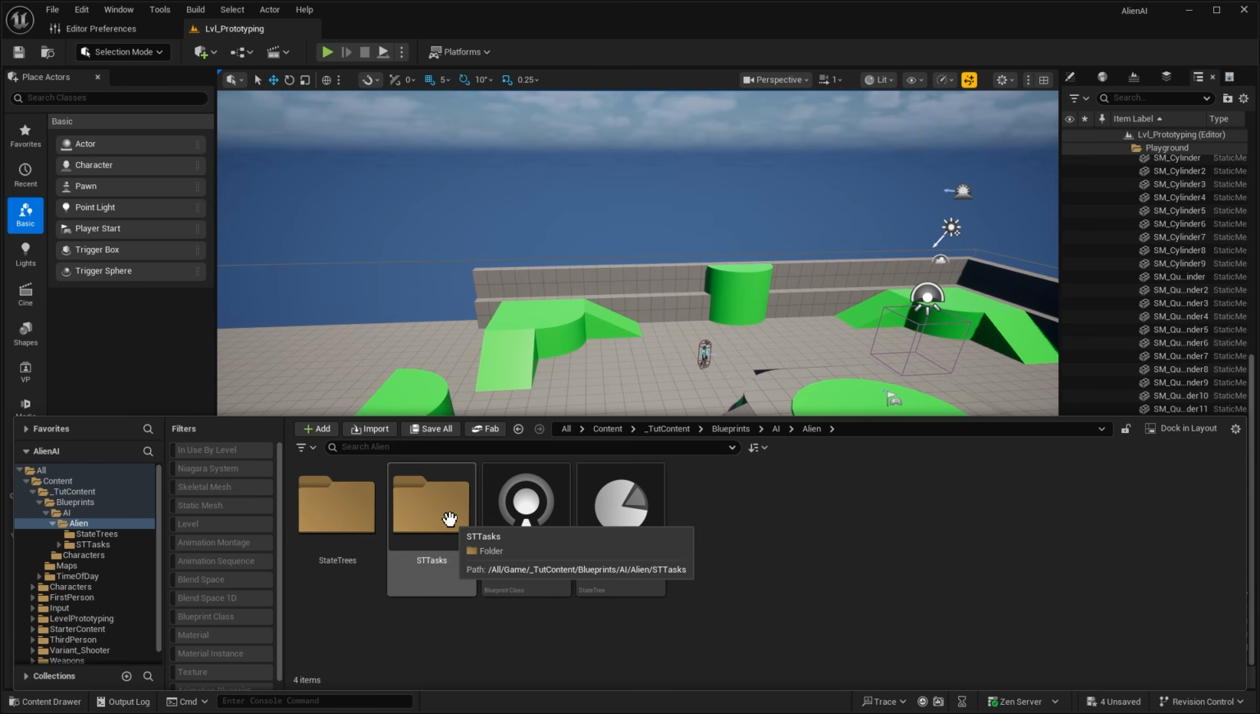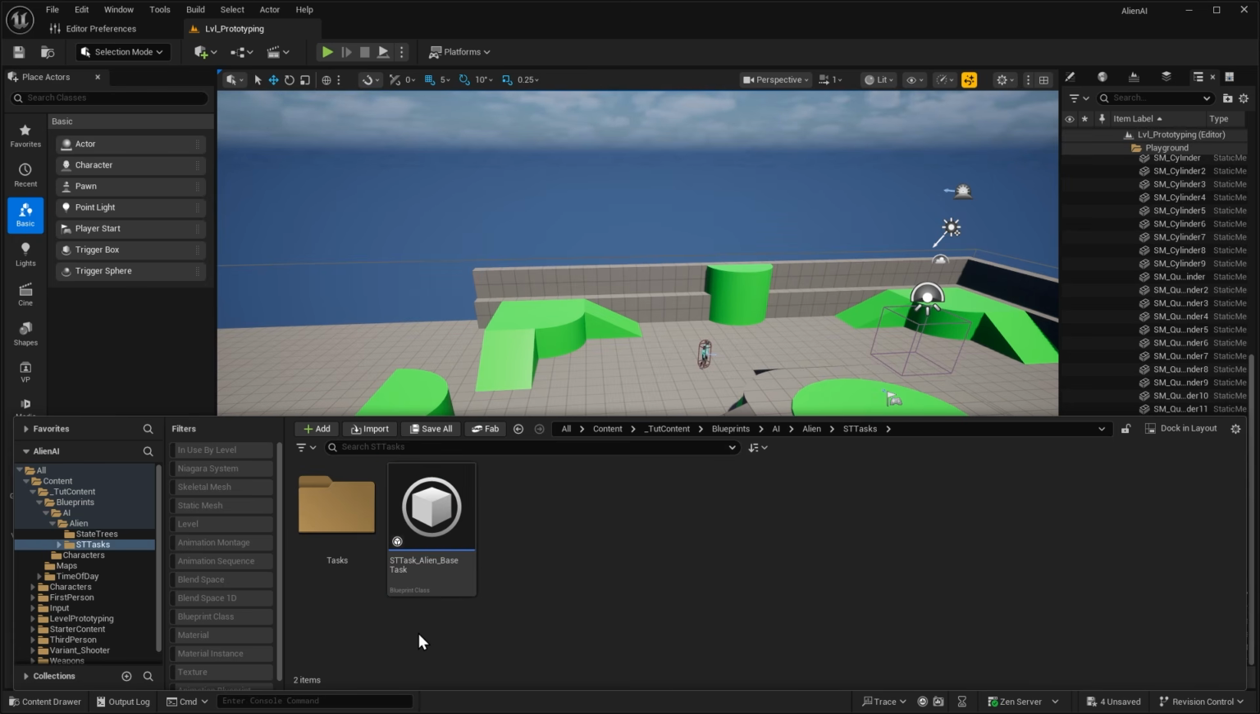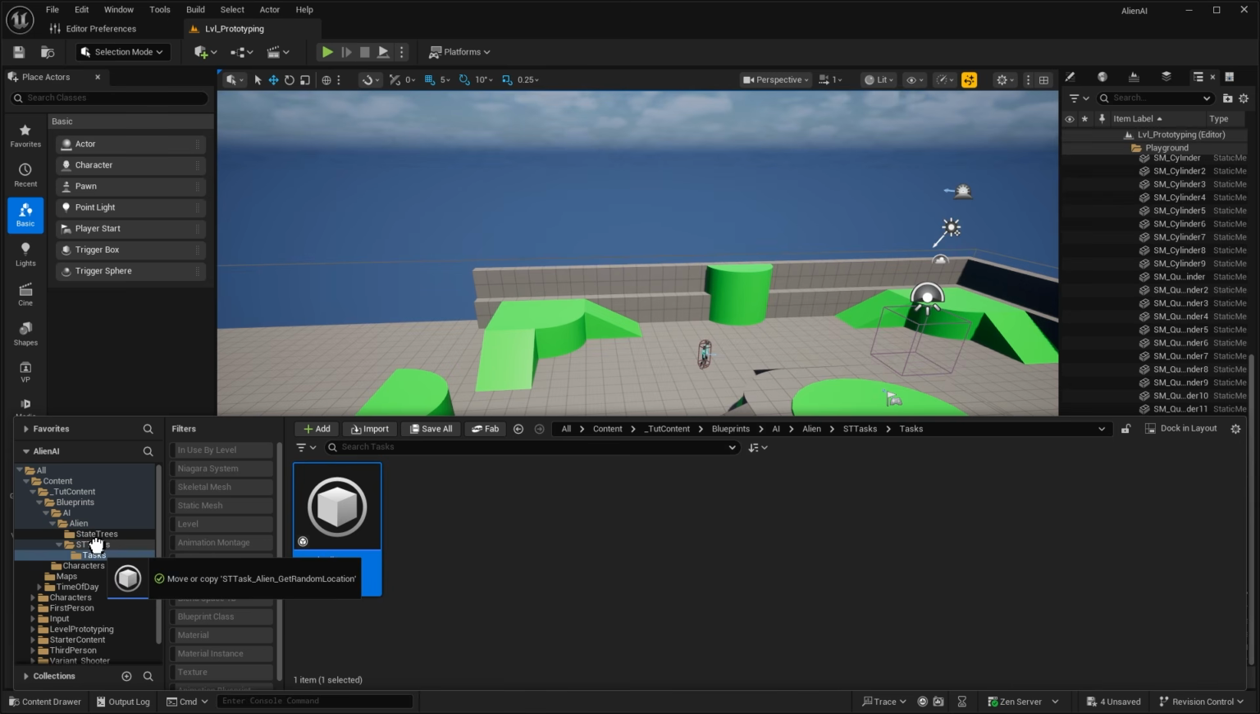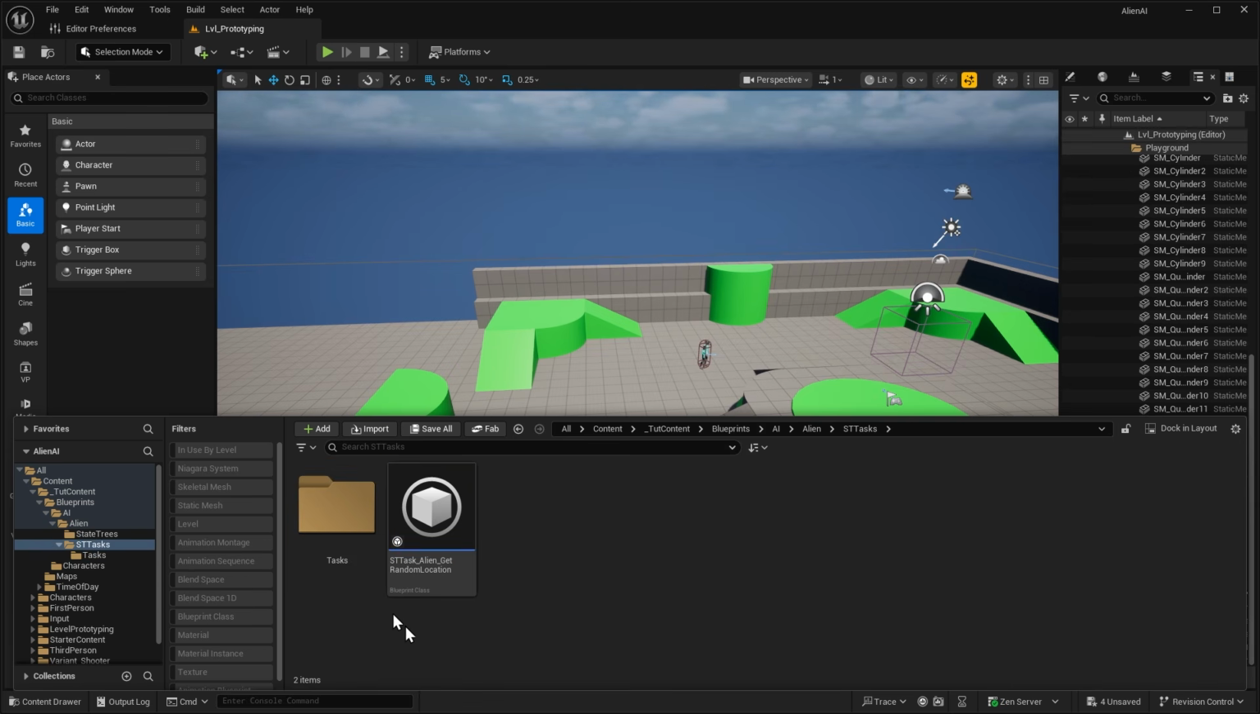I'm also just going to go into our state tree tasks, and I'm going to move the base task into the alien folder as well. Click move here. And then finally, in our task folder, I'm going to move this child tasks into our ST tasks folder. Go back to our ST tasks folder, and just before I delete this,